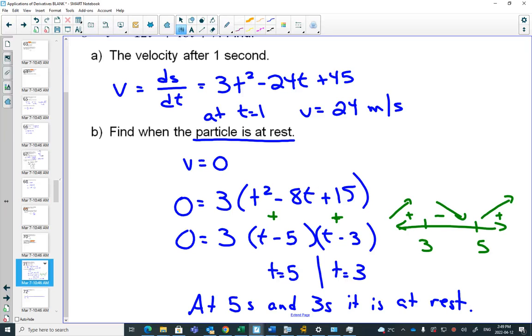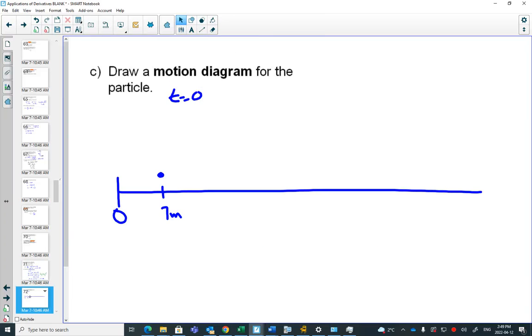It's going to be increasing until it gets to 3, then decreasing until it gets to 5, and then increasing after that. So on our motion diagram, we have a starting point at t equals 0. S was equal to 7 meters. At t equals 3, we could plug that into our equation, and S would equal,